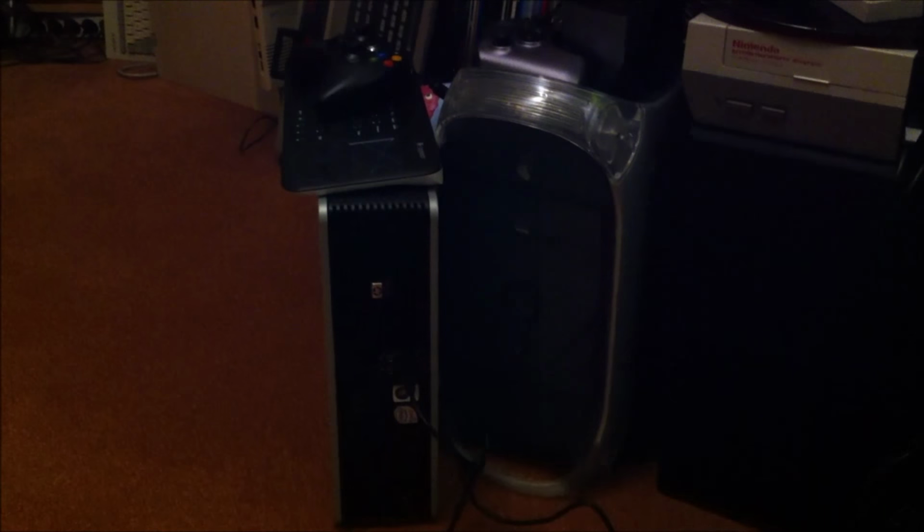Another one of these Dell systems, it's very hard to see. Another one of these Dell systems standing next to a Mac, which has an Android operating system on it. This TV is hooked up to it. It's really too dark to see, I guess. Yeah, so my game room PC and my main